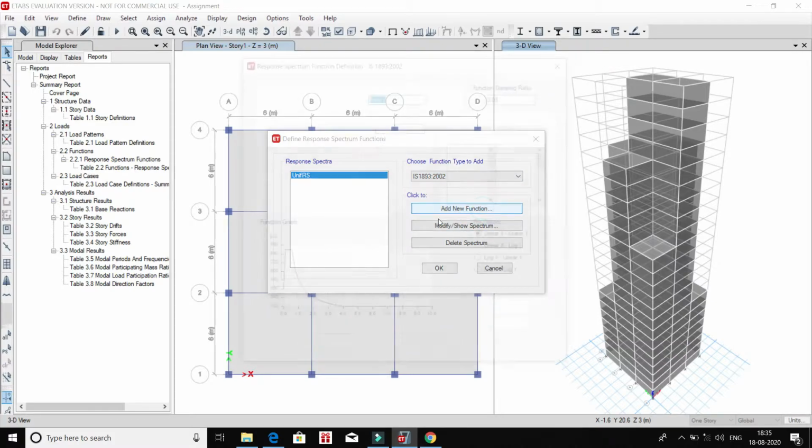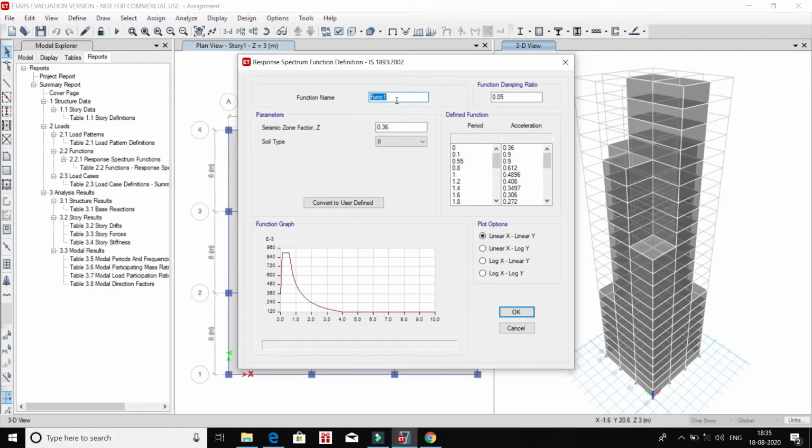Then click on add new function. From here give the function name as response spectrum. The seismic zone factor Z we know is 0.1, and soil type is 2.